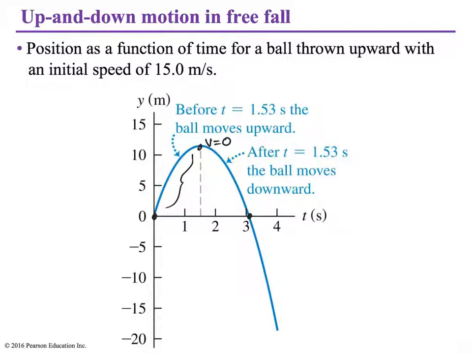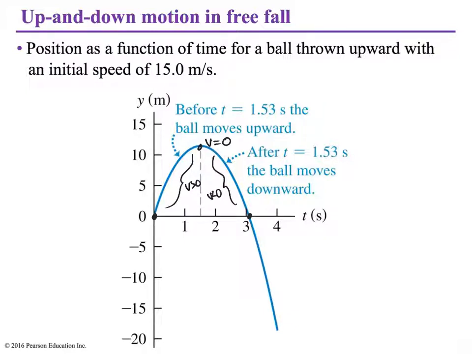At all these points here, the velocity would be greater than 0. And then all these points on to the right, the velocity would be less than 0. But it's going to take the same amount of time for the ball to rise to the highest point as it takes for it to fall back down to where it started from. And so if it takes 1.53 seconds to go upwards,